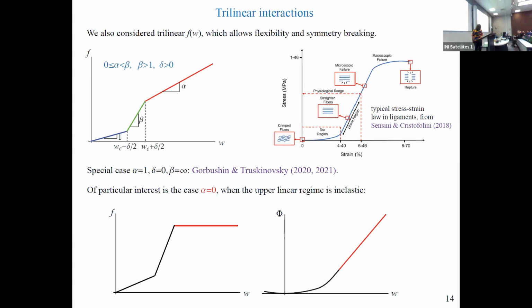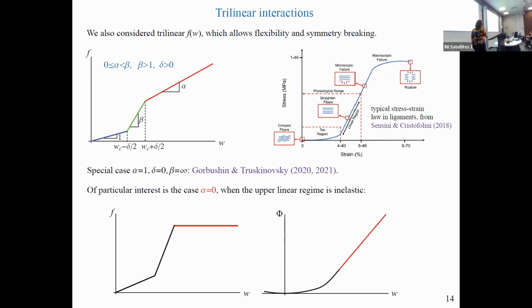Also when beta is infinity and this delta parameter, which measures the width of the green regime, is 0, this case was studied by Gaibotti and Iosifovich in earlier works, and then you can just use the Fourier transform to nicely obtain all the relevant solutions. The work we've done includes all of those cases, but again, in the interest of time, I'm only going to consider the case when alpha is equal to 0, which is of particular interest.